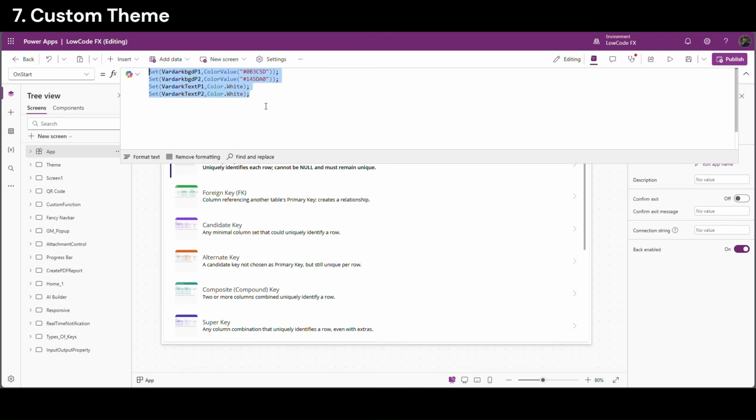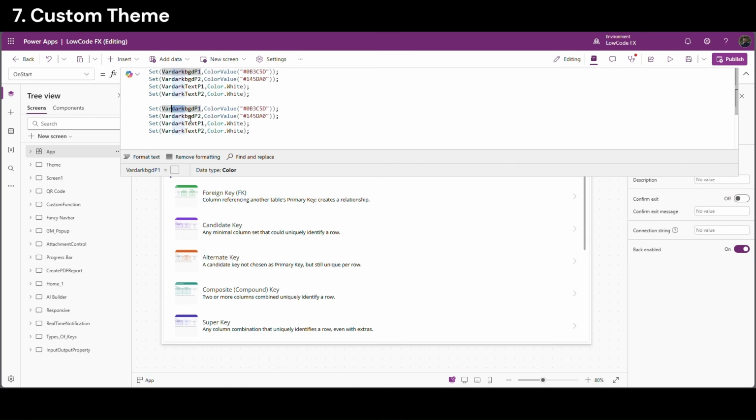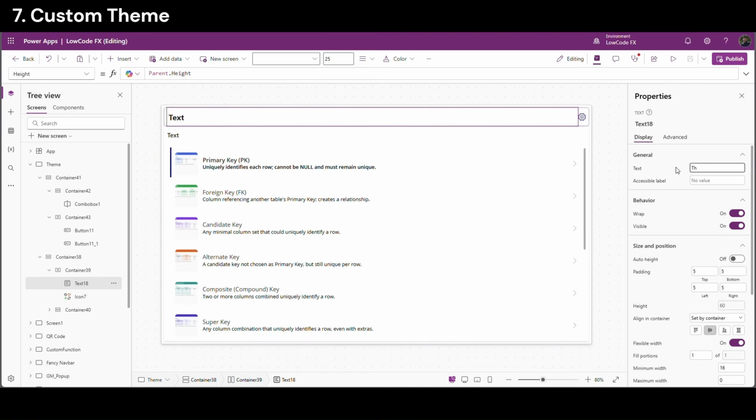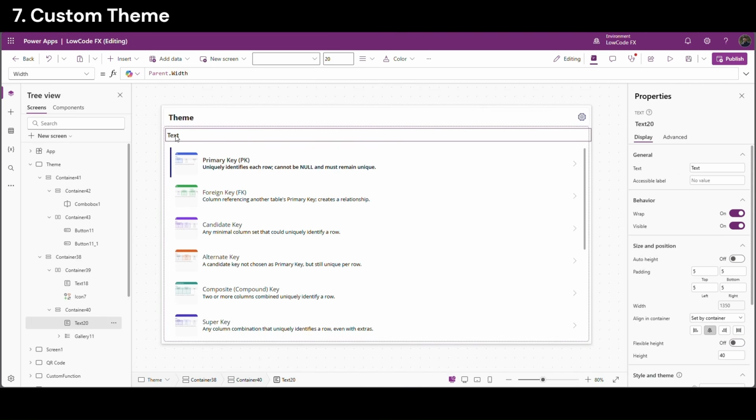similarly I will have a light theme here. So I'm going to replace it with light. This light theme. So on start of the application I'm going to set two themes. One is dark theme and second is light theme. Okay. Let me add some title here. This theme, and I would say this is nothing but my